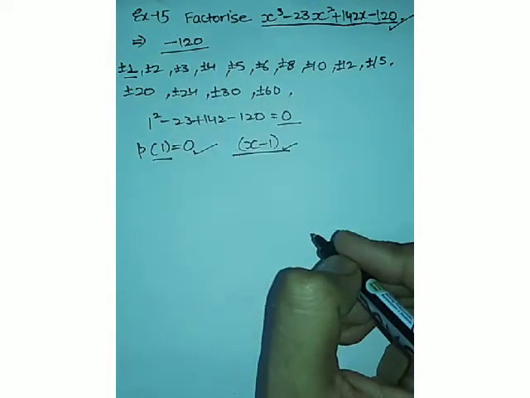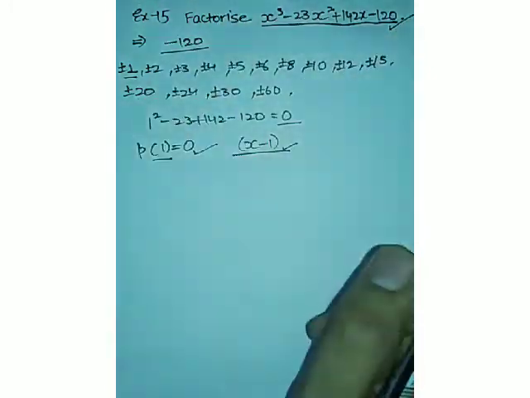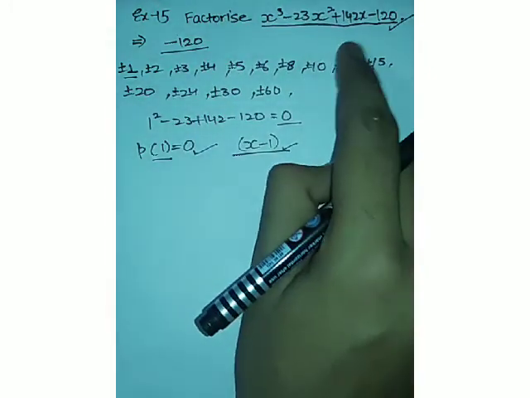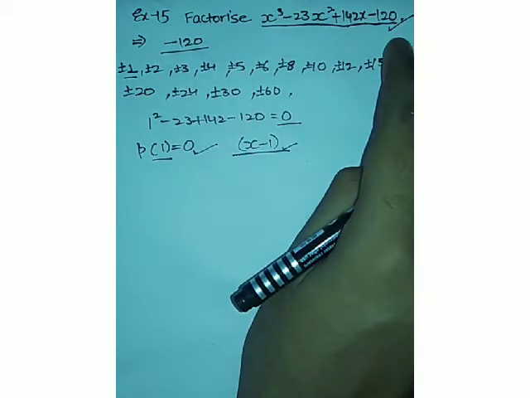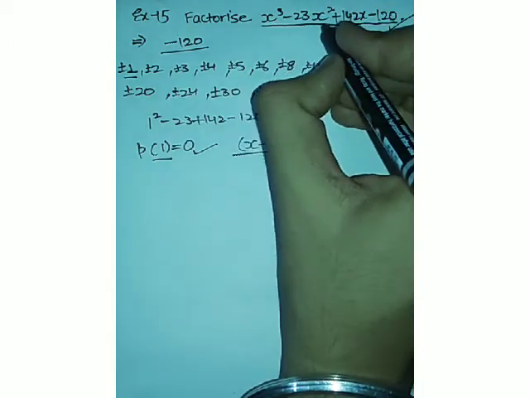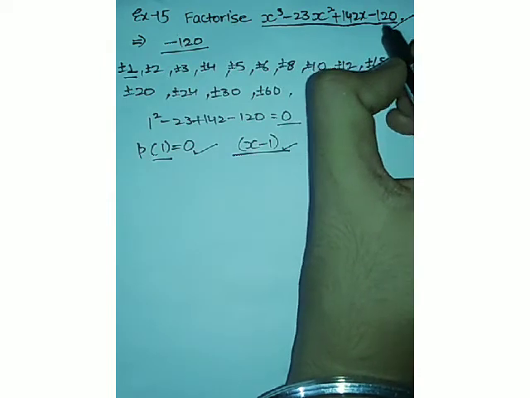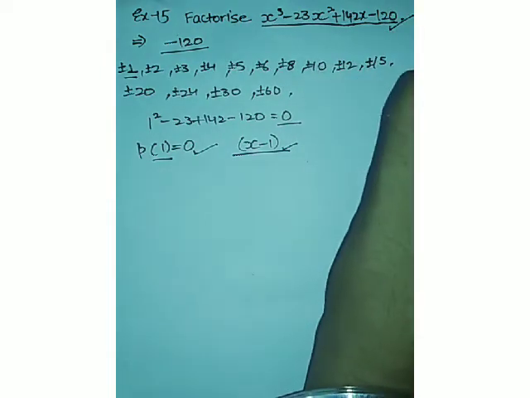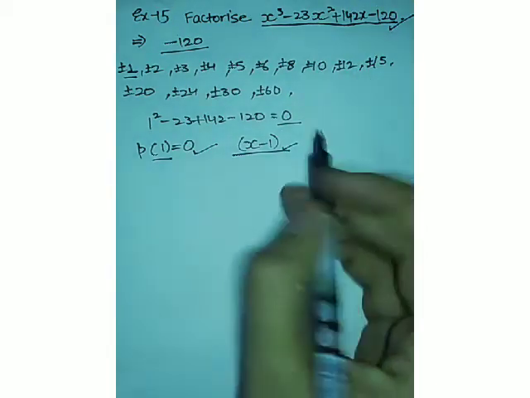Now the next step here is that you have to take x minus 1 common from this whole polynomial, and this is where most of these students get stuck, that they don't know how to take this thing common, x minus 1 common, because you have to adjust 23x square, you have to split it, you have to split this thing as well, and if needed you have to split this thing as well. It's a very Herculean process according to me. That's why I will suggest you to do division only, and it's the easiest form.